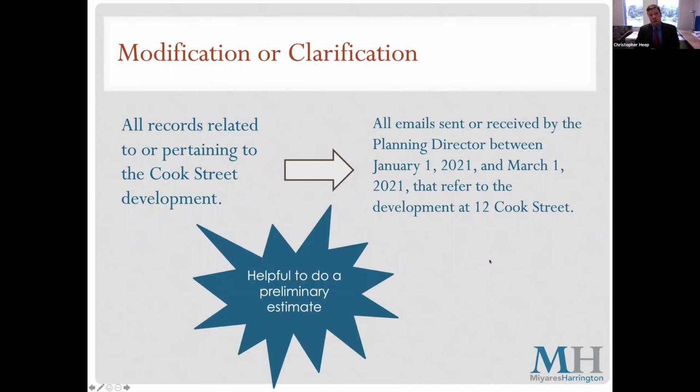When submitting this kind of request, it is also probably helpful to include a preliminary fee estimate for the possibly overbroad public records request, to show the requesting party what the broad original request might result in terms of fees.